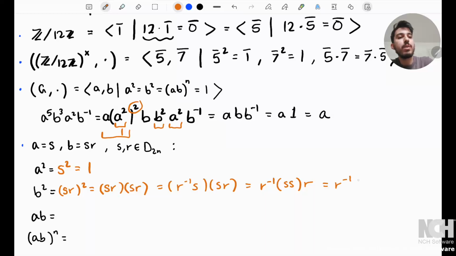So R minus 1 identity R, and that's just equal to R minus 1 R, which is equal to 1. So we've just proven that A squared and B squared are both equal to 1,